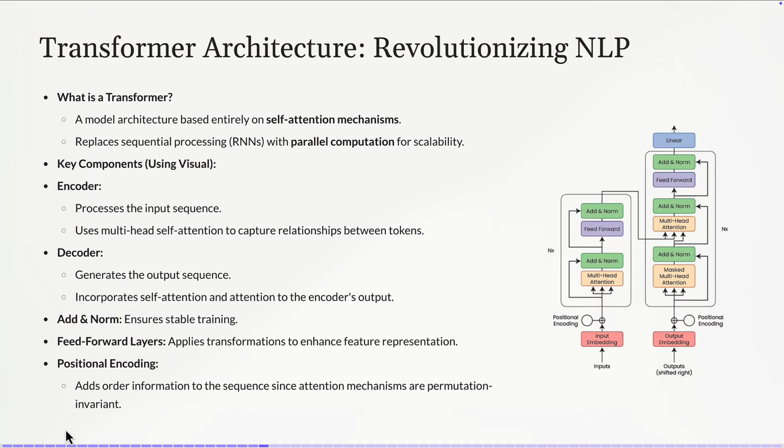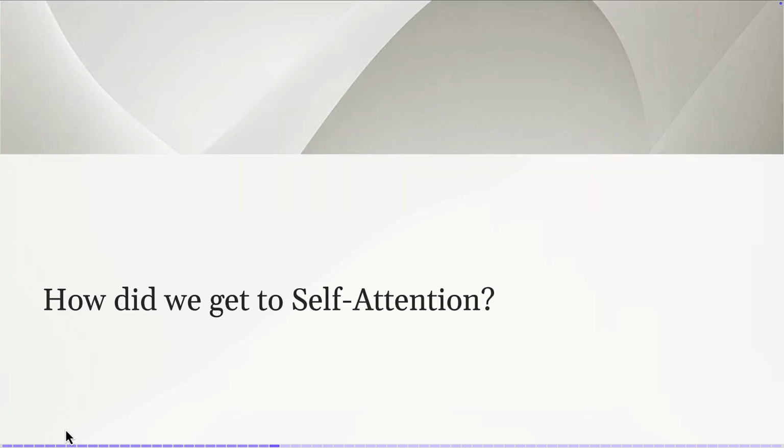Okay, this is the first architecture proposed for the transformer for machine translation. This is why we have two parallel blocks, one to take the input and one to take the translation. So we will map the translation to the input text, and the encoder will be able later on to translate any input text into the target language. So this is just a high-level definition of the transformer. Of course, we will go into all the details, but I would like to mention how we got to self-attention.